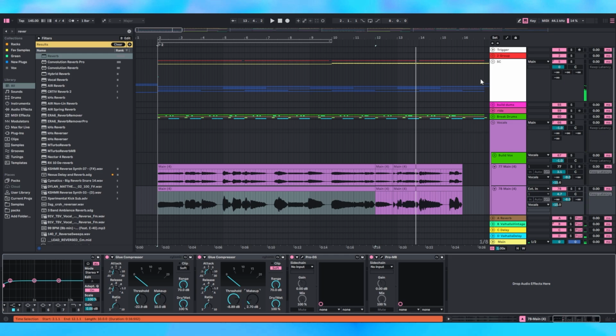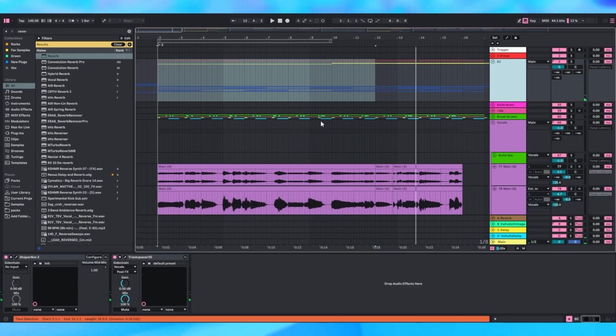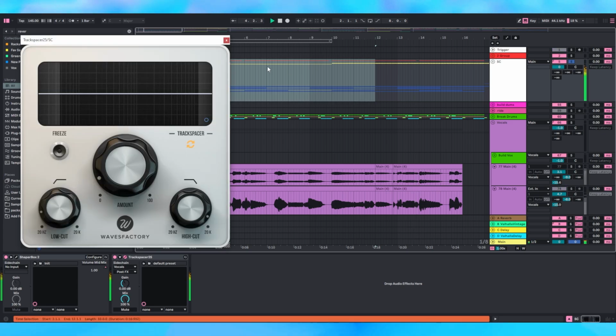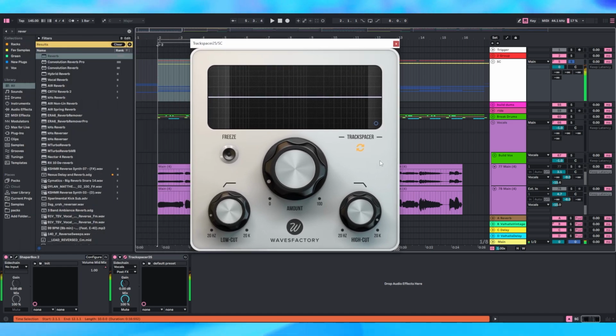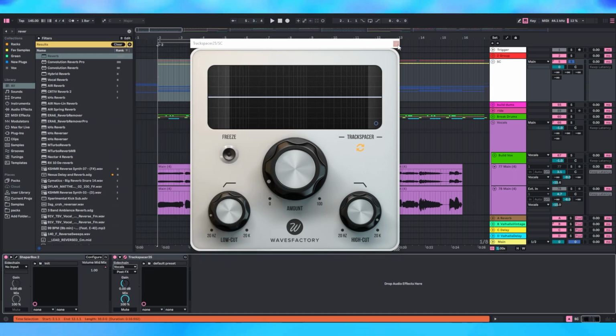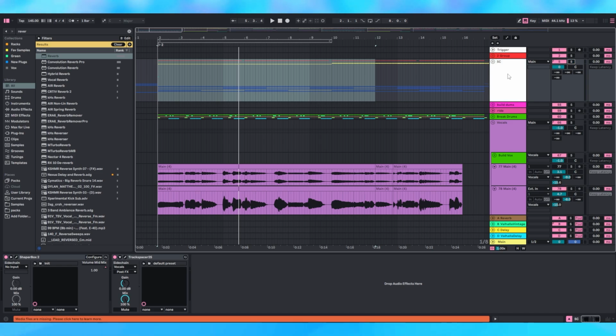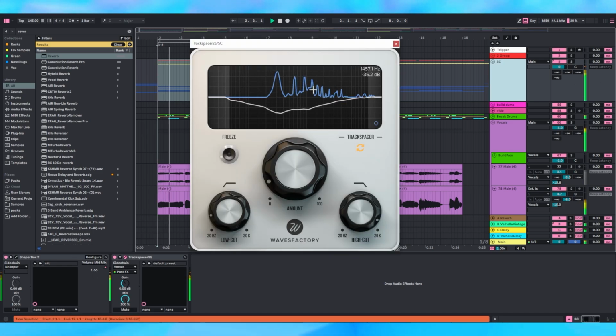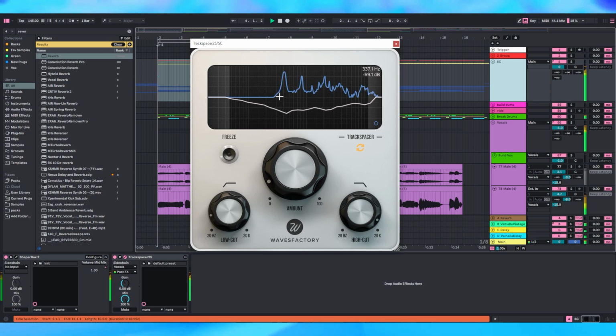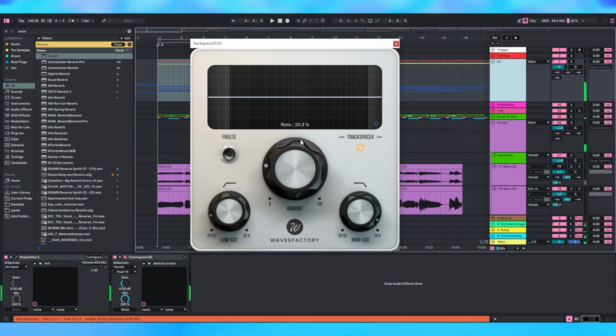Sounds great to me. The last thing, a little trick I want to show you, a little nugget of vocal love, is on my sidechain group. This is all my instruments. I'm using Track Spacer. Track Spacer basically will detect certain frequencies and make room for them in the group that you have them on, which in my case is a sidechain group, and I have it sidechained to my vocal group. So when this track plays, you see that if I go crazy with this amount,